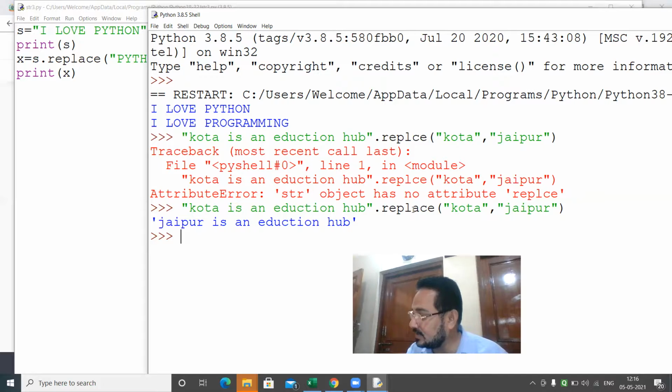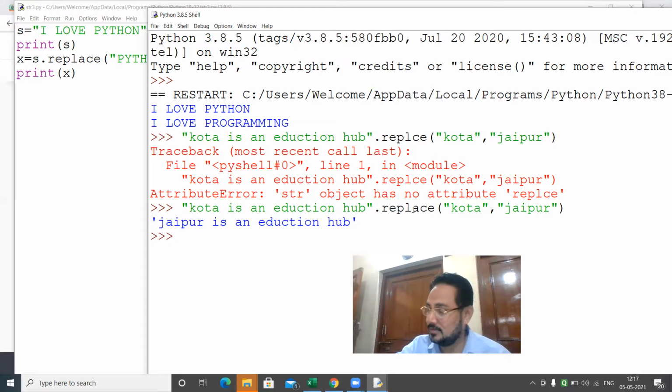So I will take one function, that is capwords. Write the definition for it, capwords. Very handy function. It splits the specified string into words.